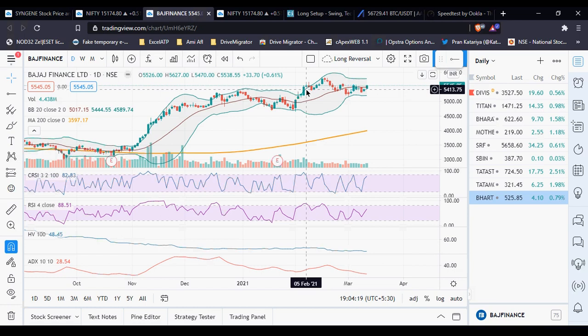Jitendra is asking the range of CRSI and RSI. What I was saying is below this spot, from where we should expect CRSI and RSI. CRSI should be lower than 15, and RSI could be 20 or lower than 20. So any one of the conditions can fulfill it. You don't have to check both. Okay, any one of them. Yeah, any one of the above. Okay, thank you.